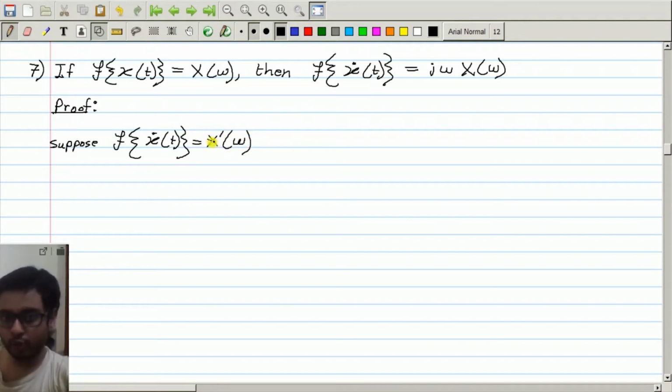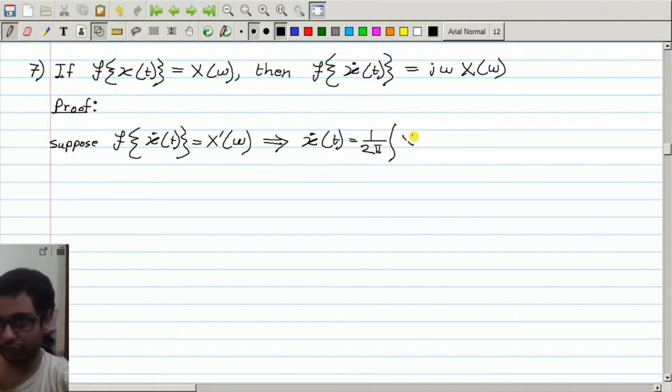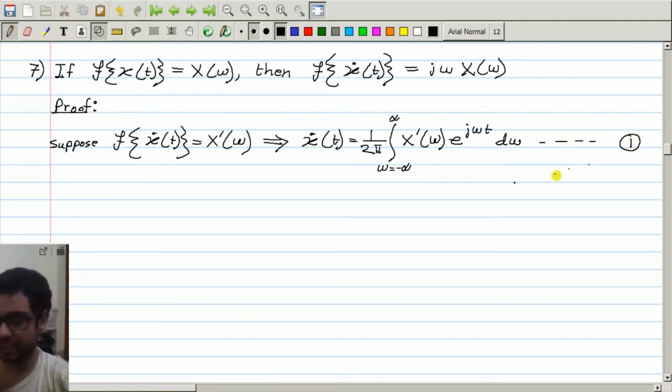We do not know what is capital X prime, but we can definitely say that if this is the Fourier transform of x dot, then x dot is equal to 1 over 2 pi integration of X prime e to the power j omega t d omega, omega from minus infinity to plus infinity. Let me call it equation 1. And then